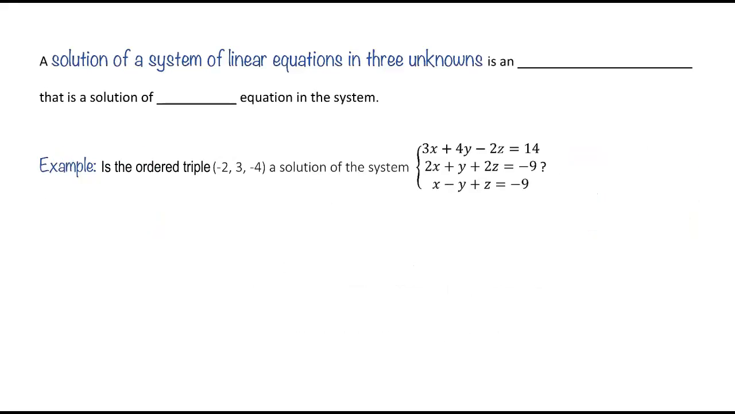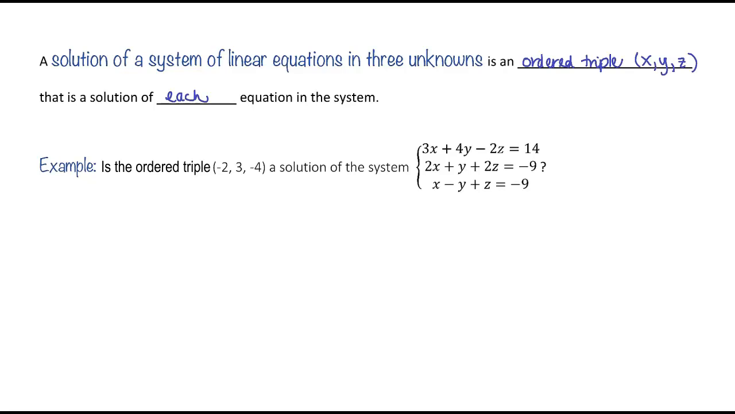A solution of a system of linear equations in three unknowns is an ordered triple that we write as (x, y, z) in parentheses separated by commas. And it's a solution of each equation in the system. For example, let's find out if the ordered triple (-2, 3, -4) is a solution of the system with the